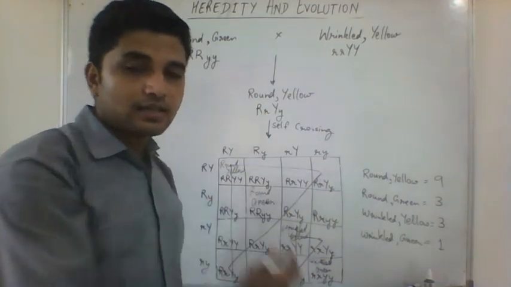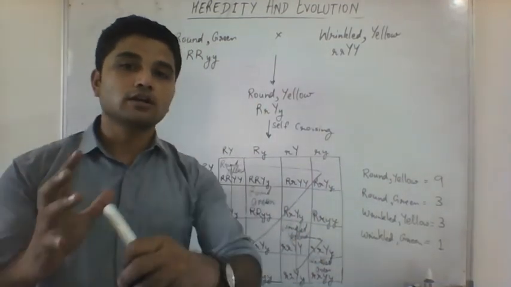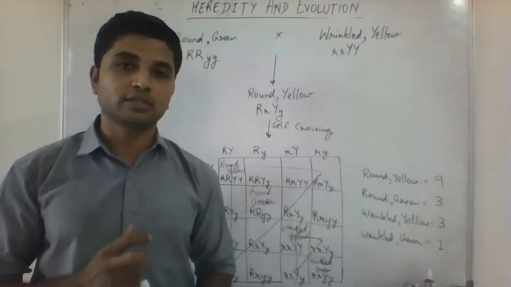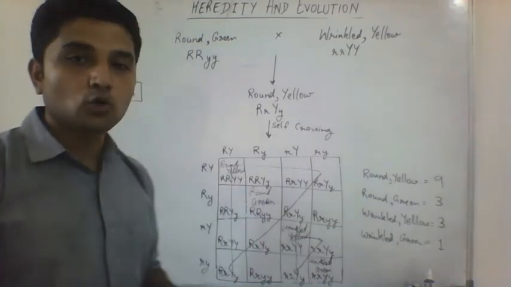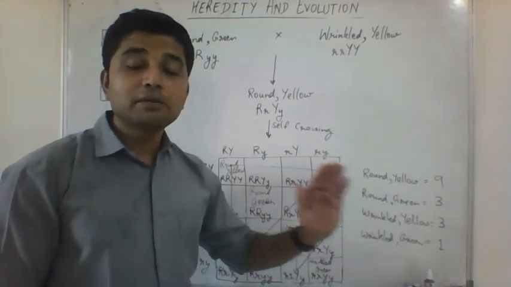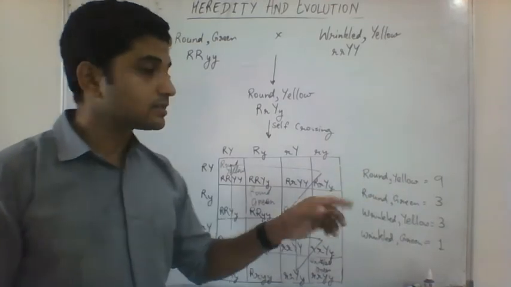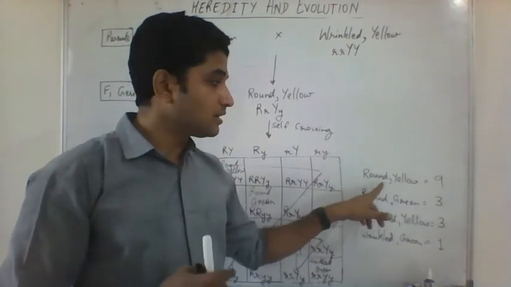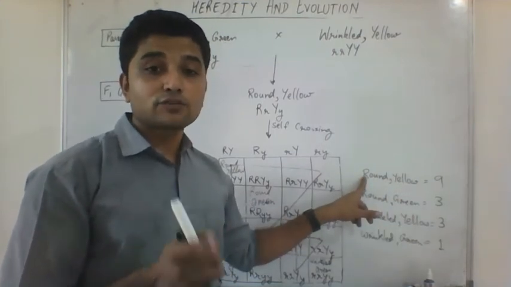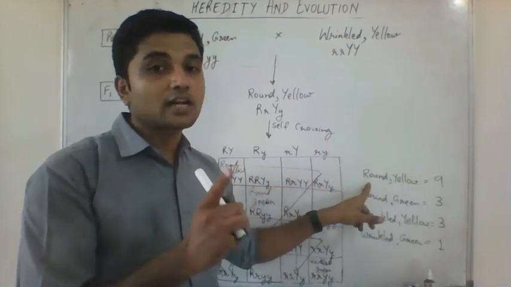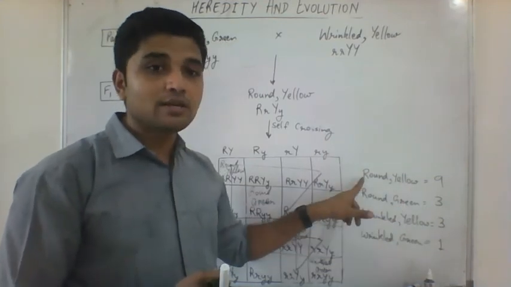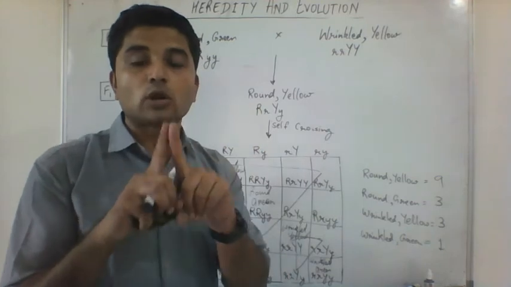So with this experiment, with this crossing, what was Mendel planning to achieve? What conclusion did he draw from this experiment? He came out with a conclusion that when characters are passed on to the next generation, they are independent of any other character. What I mean is, a round seed can be wrinkled, can be yellow also, can be green also. It is not that a character is fixed with another character. One character does not depend upon the other. A yellow color seed can be wrinkled also, can be round also. That means yellow color seed is not linked to roundness.